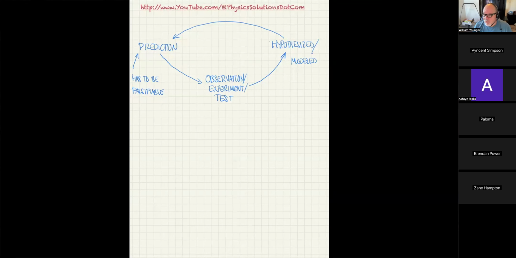Okay. Now, we do have the correspondence principle, which says, hey, if you find a theory that better represents the data than the old theory, then that new theory better include the old theory as a subset of it. Meaning, if you apply that new theory in the realm where the old theory worked, it better give you the same answers that the old theory did. And that's exactly what helped Bohr lead people to find out and understand ultimately what quantum mechanics was. So that's my picture of the scientific process and the way science works.